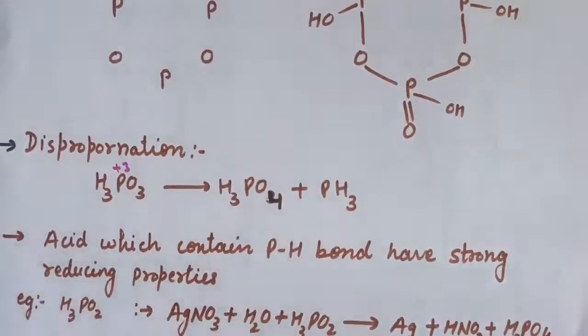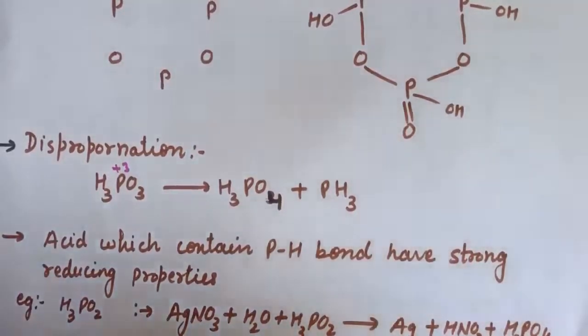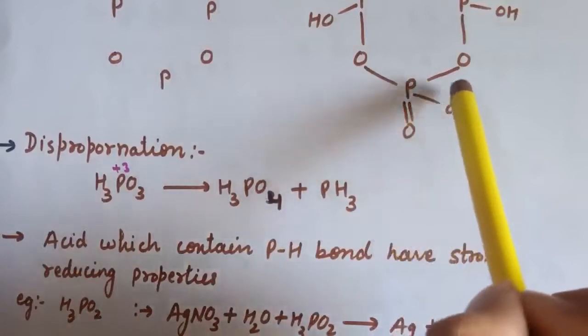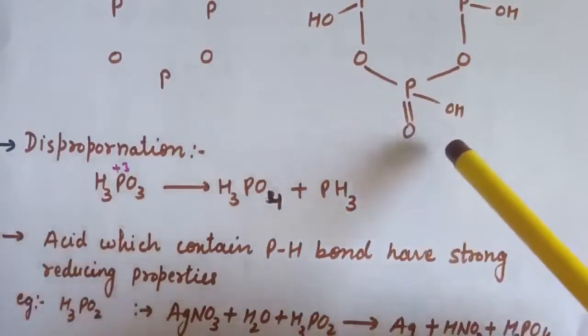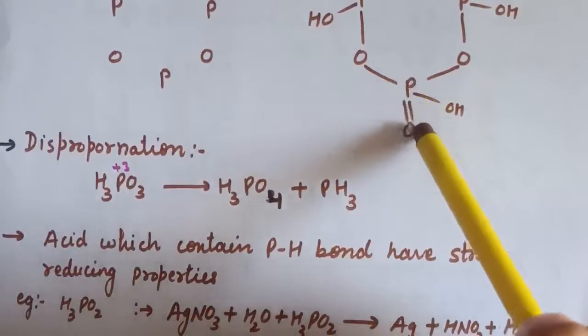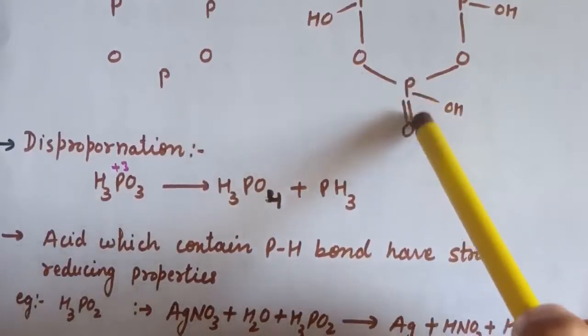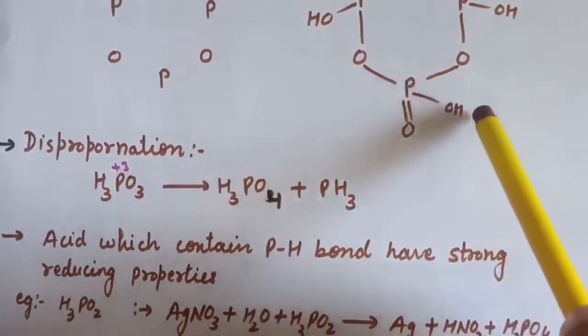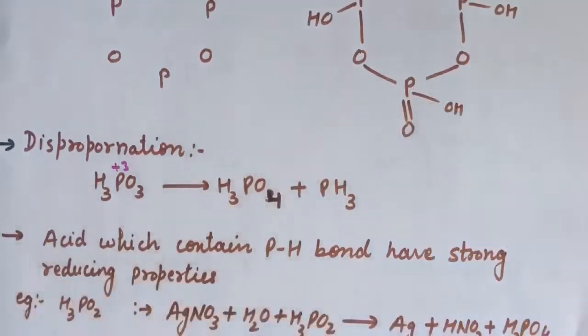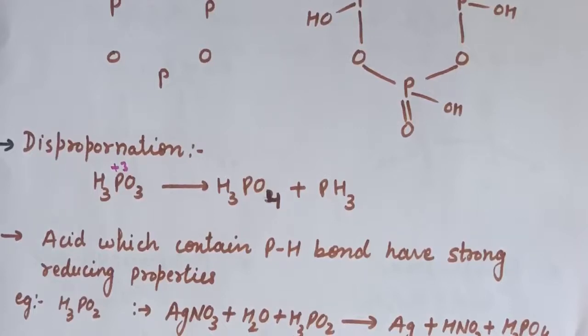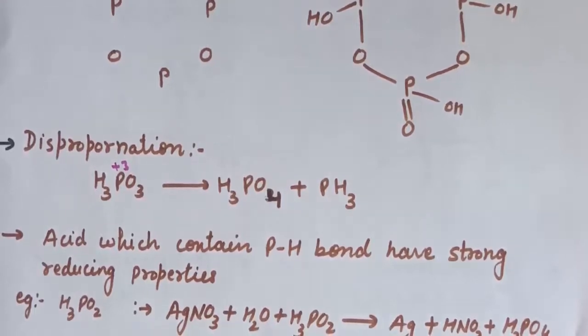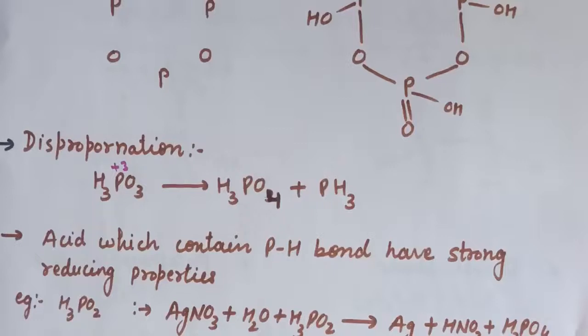So from here we can say that in oxoacids of phosphorus, the phosphorus is tetrahedrally surrounded by other atoms. All these acids contain at least one phosphorus-oxygen double bond and one P-OH bond. The oxoacids in which phosphorus has a lower oxidation state, that is less than +5, contain, in addition to the P=O double bond and P-OH bond, a bond other than the P-OH and P=O bonds.